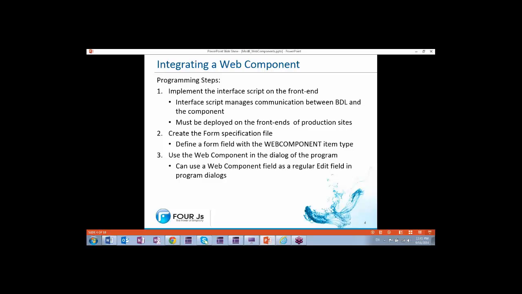Create the form specification file. Essentially you have your form file, and you will create an area on the form file for the display of the web component widget. So it's a special type of widget. The web component item type has been specifically created so that you could integrate these web components into your form